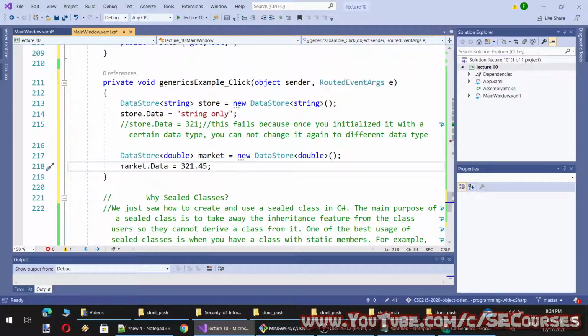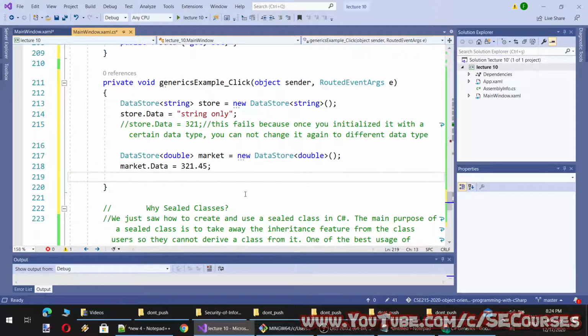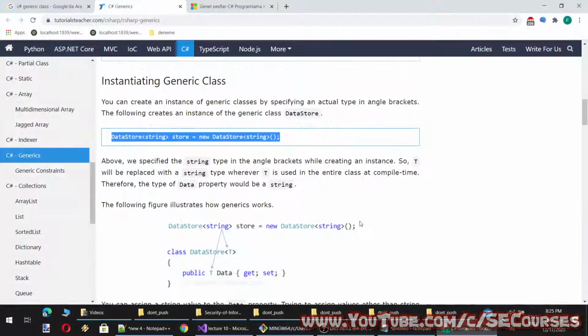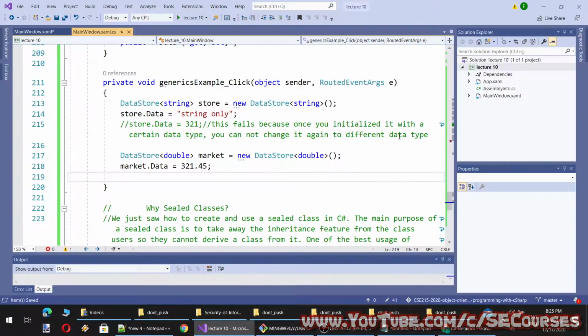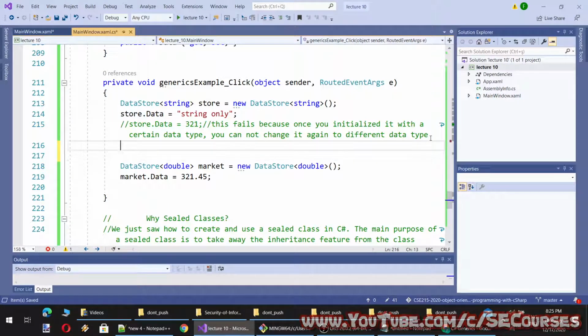So this is what generics are about. You define a structure, then you can use that structure with any data type that supports generics. I think all types might be supporting, but I am not sure. So this throws a compile time error.